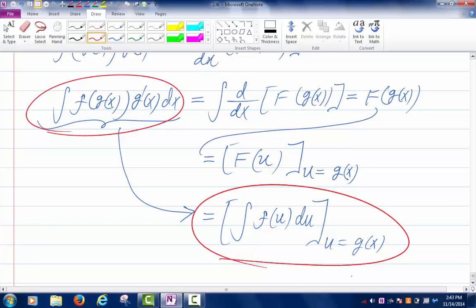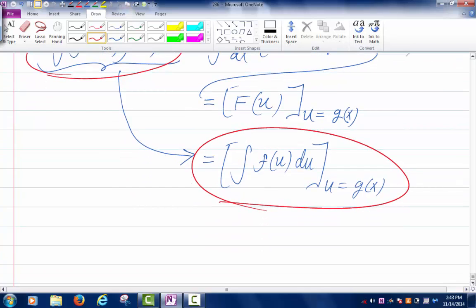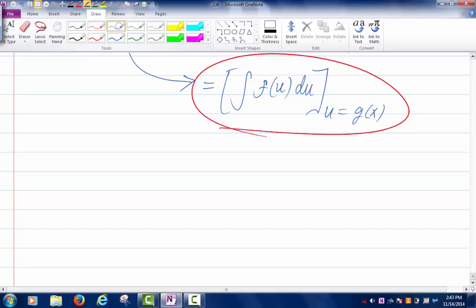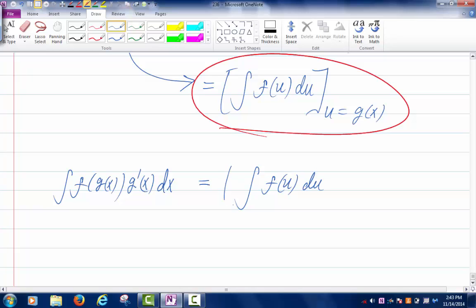Well, if you think about it, what we really did is the following. Okay, let me write that down again. So I have started with the integral of f of g of x multiplied with g prime of x dx, and I have obtained that this is the same as the integral of f of u du, and then whatever that is, I replace u by g of x once I know the antiderivative of that f. This is what we are doing to go from the left side to the right side,